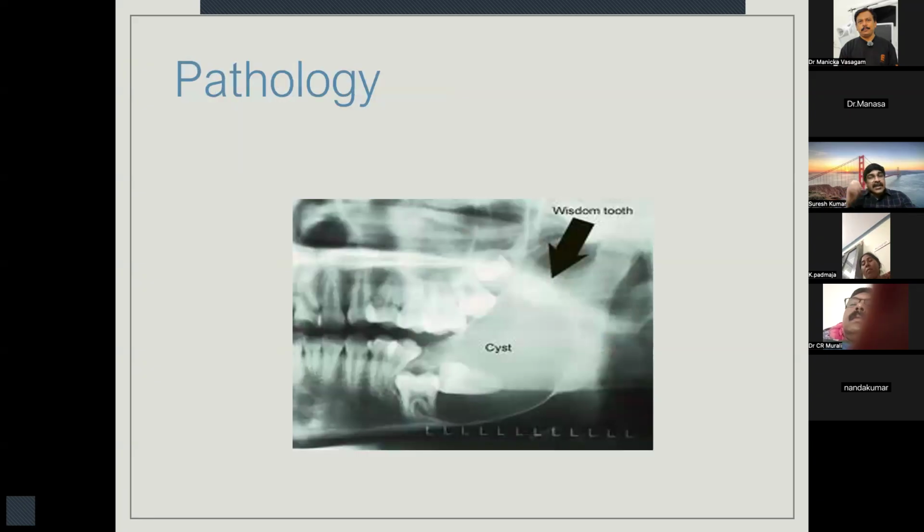Third indication is again the pathology which can be associated with impacted lower third molars. The cystic lesions and benign tumors like dentigerous cyst, odontogenic keratocyst, cystic ameloblastoma, all can develop from the follicle of the impacted tooth. So there is a potential for developing pathology from the impacted tooth. So when you take an X-ray, when you see such a big radiolucency associated with impacted teeth, we have no option other than advising them to undergo cyst enucleation along with the removal of the impacted teeth. Okay, there is no other alternative treatment available.